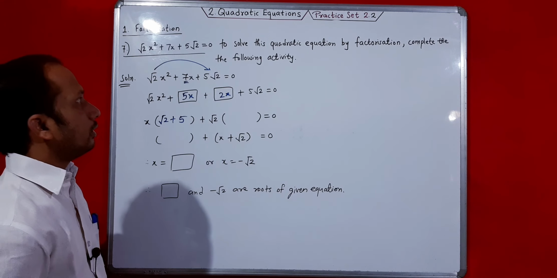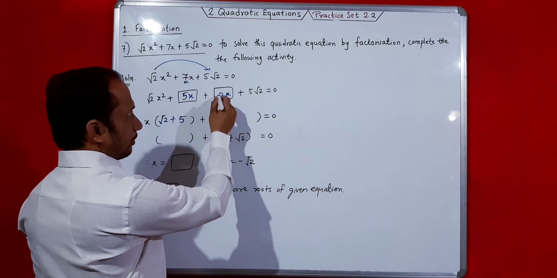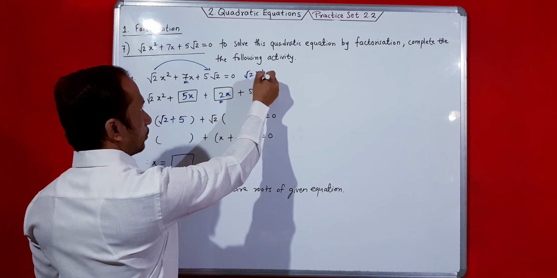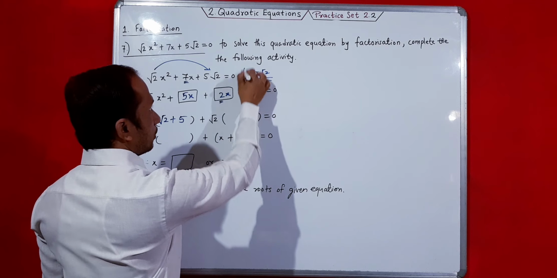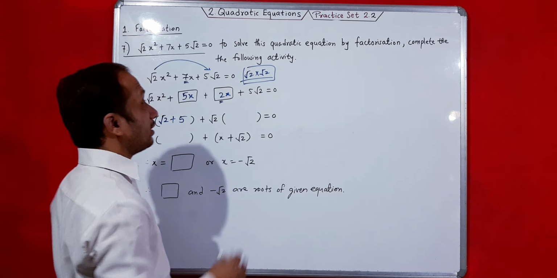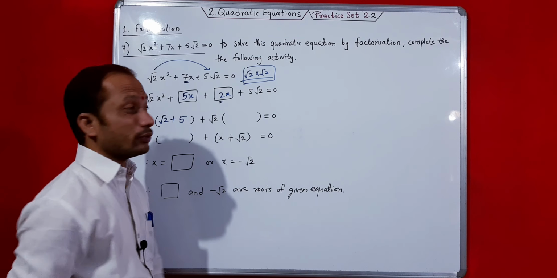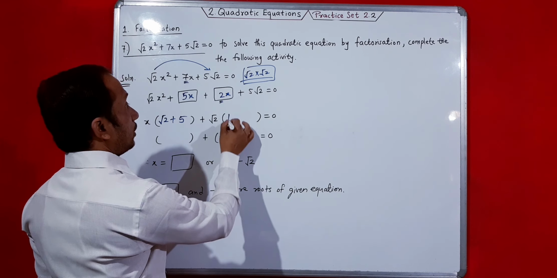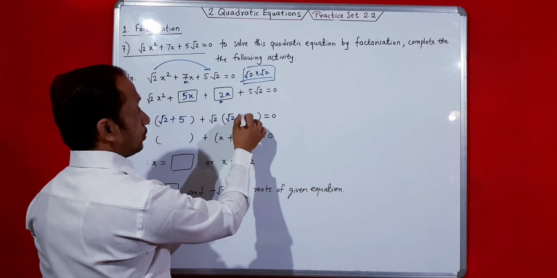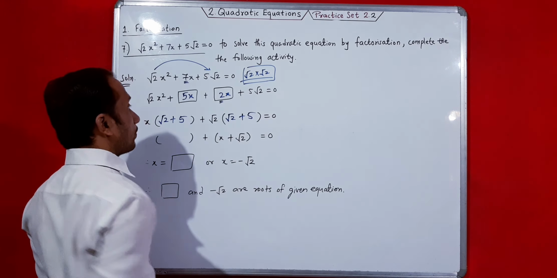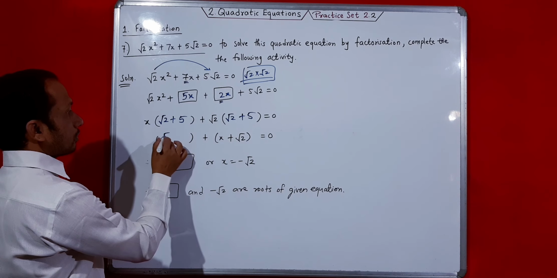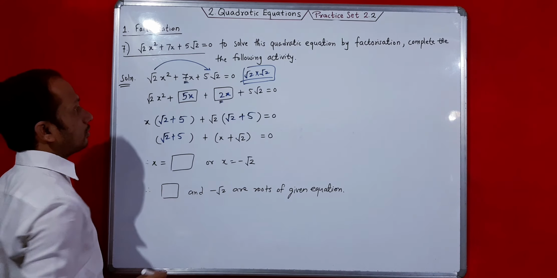Okay, and if you take this root 2 out of the bracket, this number I can write like this, root 2 into root 2. Okay, root 2 into root 2, so it is 2 already. So here you will get root 2, because root 2 into root 2 you will get 2, and this root 2 will come out of the bracket plus 5. So now you have to just write root 2 plus 5. This is the first bracket.